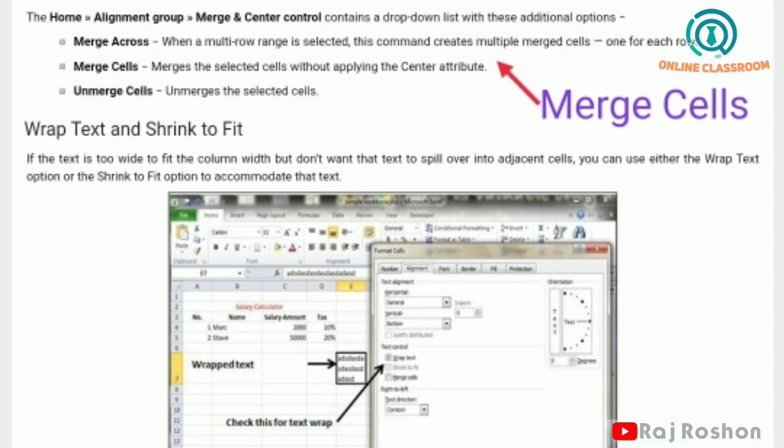Okay, so this is merge cell. Merge cell you have already used. In merge cell, when you have a long text, if you see page number 123 in your book, working with long text, one paragraph is there, the annual result of class 9. If you write a long sentence like this, you need to use two or three cells. While using these cells, you can take help of merge cell.